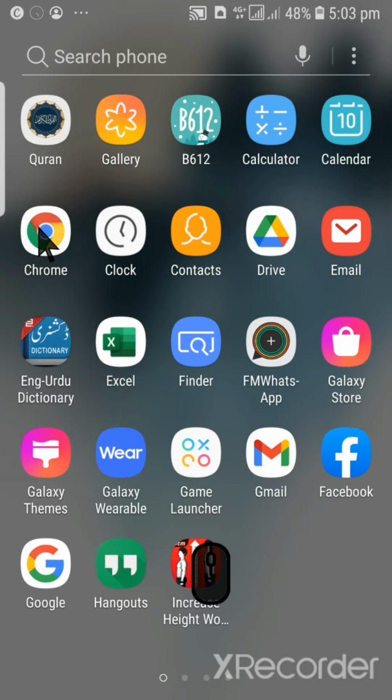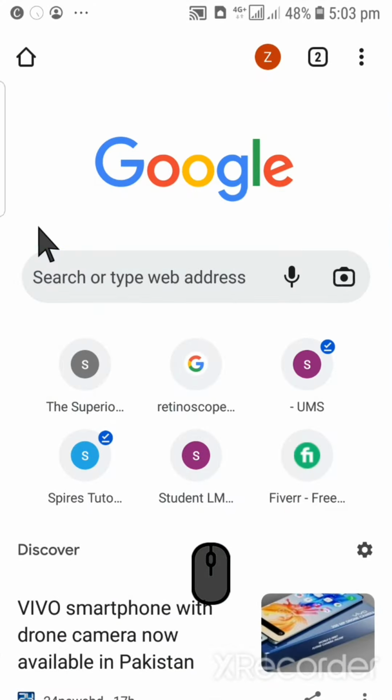I want to present the Chrome features and the functions. Now I can open the Chrome. At the top in the Chrome there is a home button. When we touch the home button we can reach our main site,